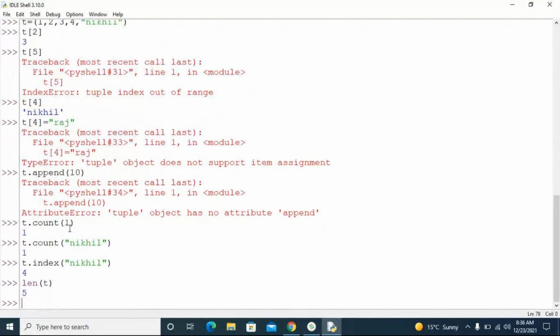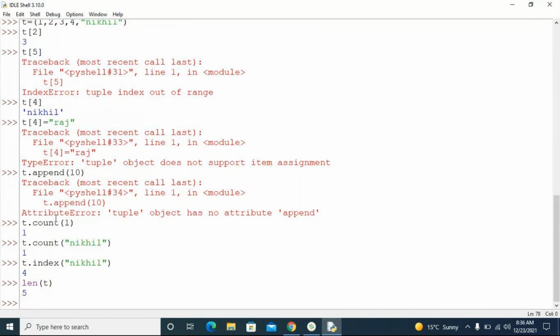So you cannot use any methods except those that do not change your data. You cannot use append, you cannot use insert, and clear is again completely doing that. You cannot use delete, you cannot use remove, you cannot use methods which are going to change something as part of your data. Understood, right? So you can use count, index, length, and all that.